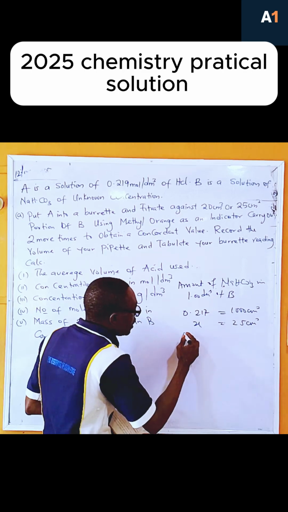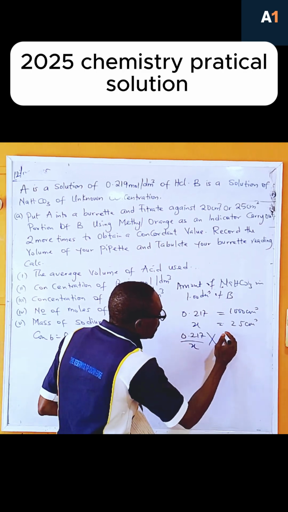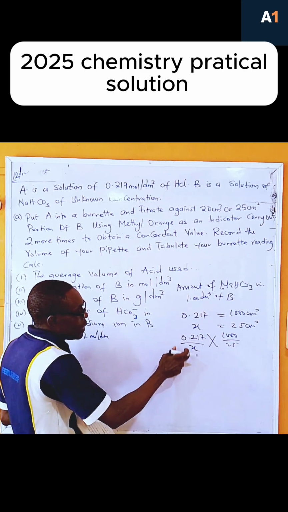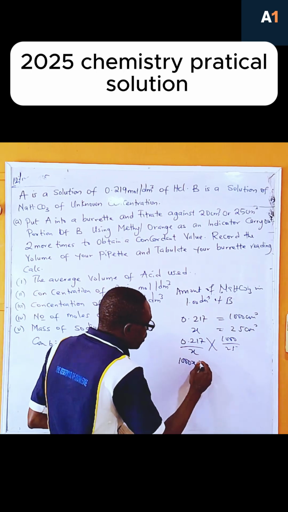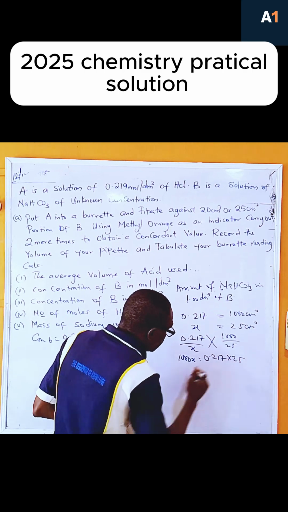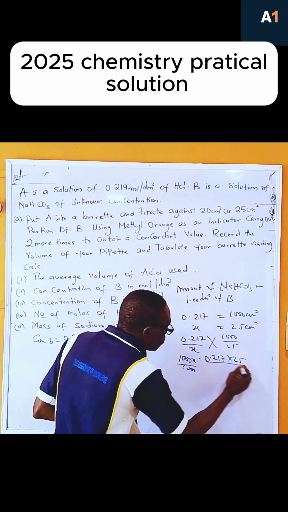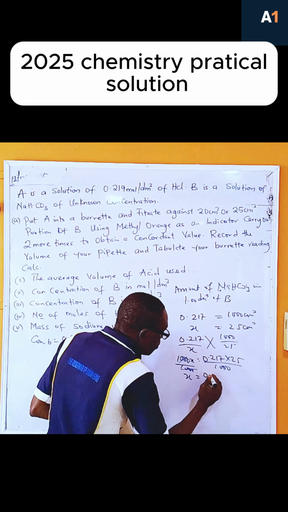So we have 0.217 over x, then cross multiply with 1000 over 25. So we now have 1000x equal to 0.217 times 25. We divide both sides by 1000, so that our x will now be equal to